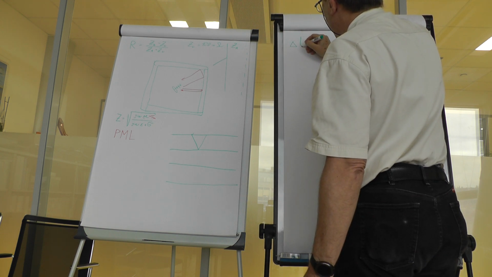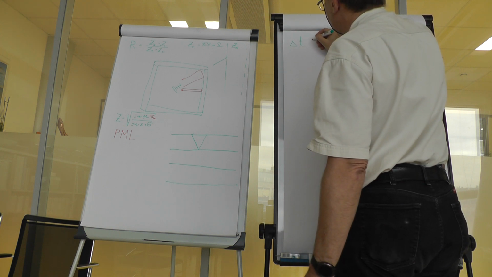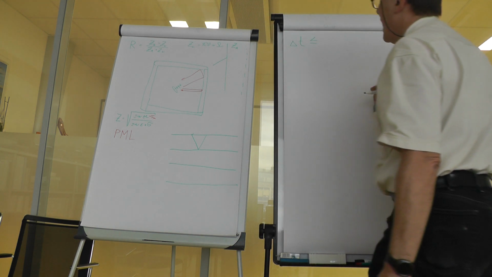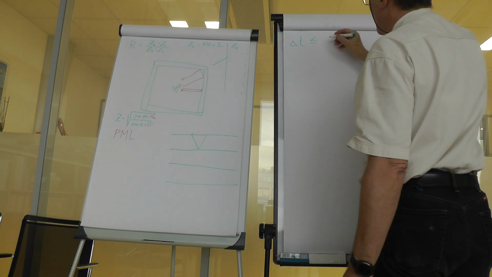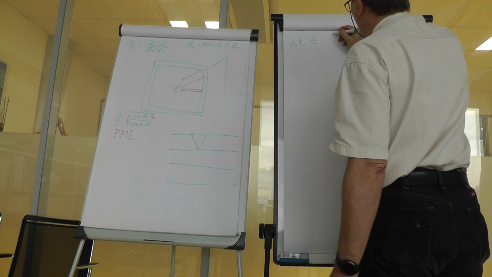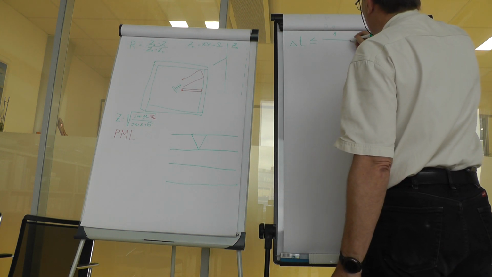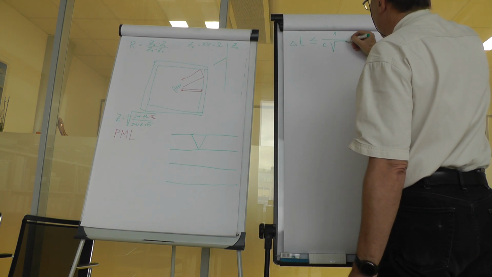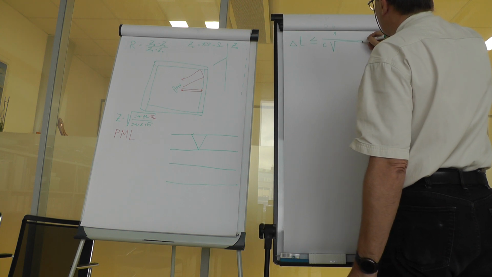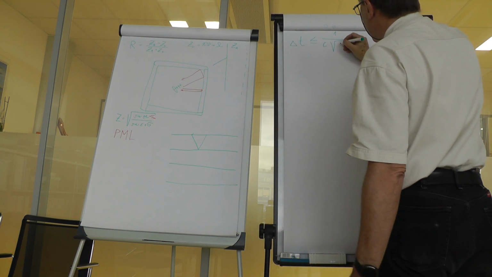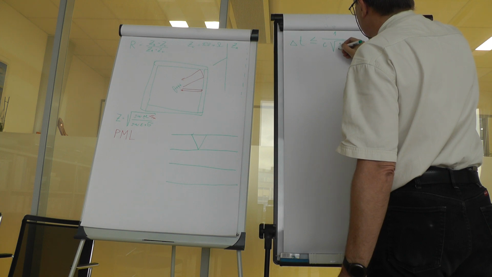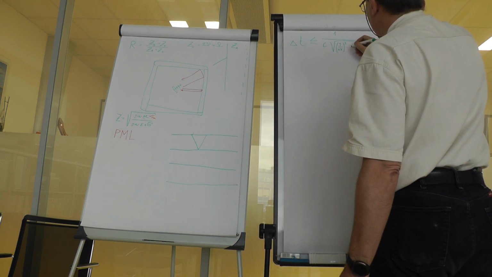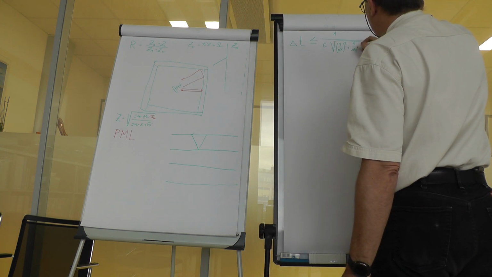So we have to keep the time step smaller or at maximum equivalent to 1 over c, where c is the velocity of propagation of light or electromagnetic wave, divided by the square root of 1 over delta x squared plus 1 over delta y squared